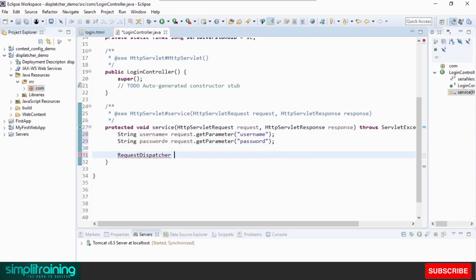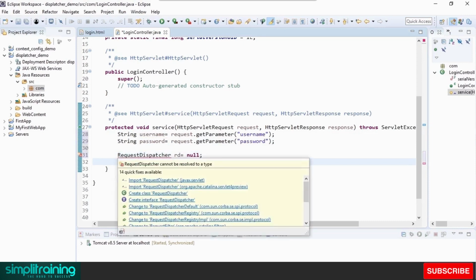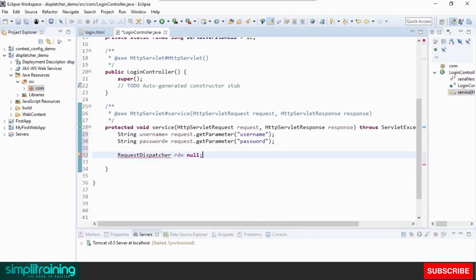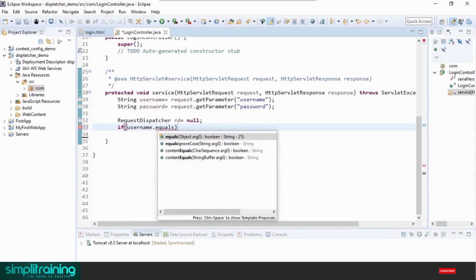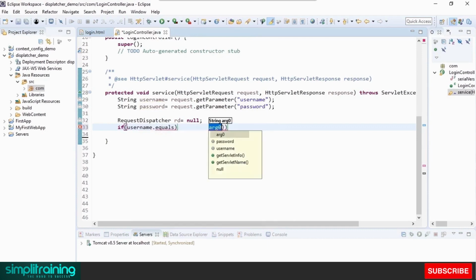We import it from javax.servlet. Then we check if the username dot equalsIgnoreCase, so that will ignore the uppercase or lowercase, Tom, so if the user entered Tom as the username, and the password dot equals Jerry,